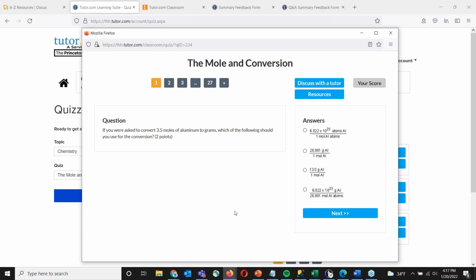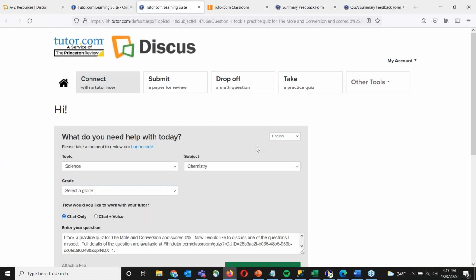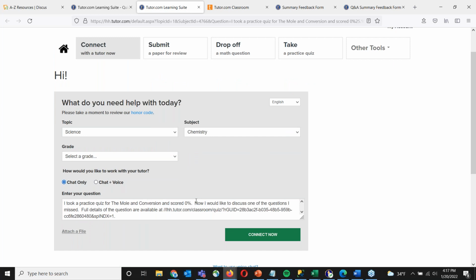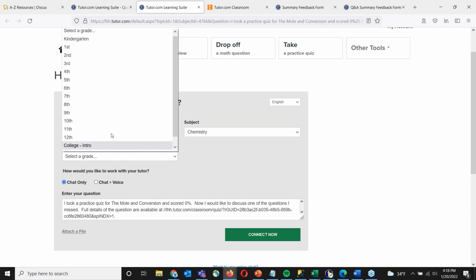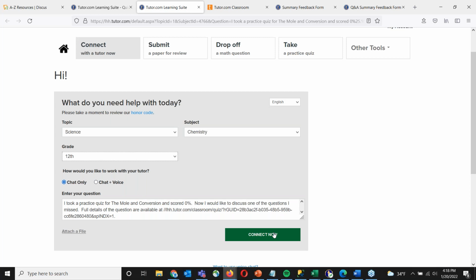But if, let's say, you're still struggling on question number 1 and you don't know how you got to that answer, you can hit discuss with the tutor, and that will fill out all of this information for you so that you don't have to worry about trying to explain something you don't understand to a tutor. We try to simplify that as much as possible. And the tutor is going to have access to the entire quiz, all the images that are involved in that. And all you have to do is, well, you're going to have to choose your grade level. But once you finish that, you just hit connect now, and then boom,